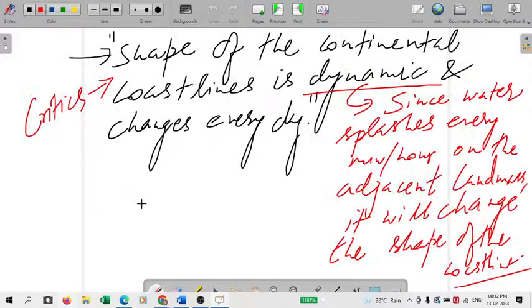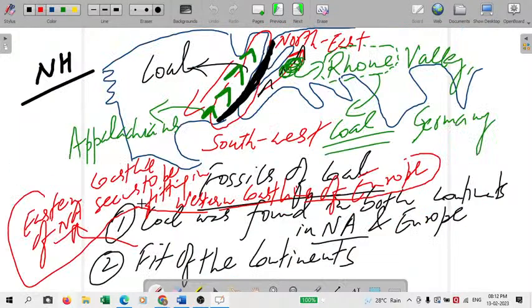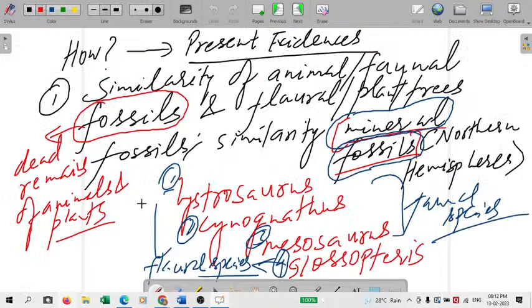The evidences of similarity of faunal and floral fossils, spelling is on the board, presented by Wegener, were taken as mere facts by the critics,